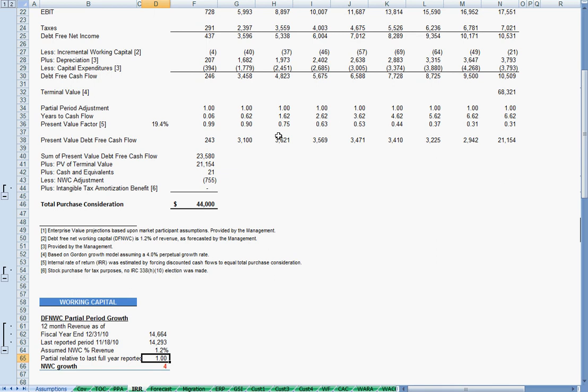Hi, in this section we're going to talk about calculating net working capital in the IRR page. There are a couple of areas where the net working capital needs to be calculated. At the core of this analysis is really the understanding of how the net working capital requirement correlates with the revenue of the company. So typically what we would do, we would develop one very important assumption here